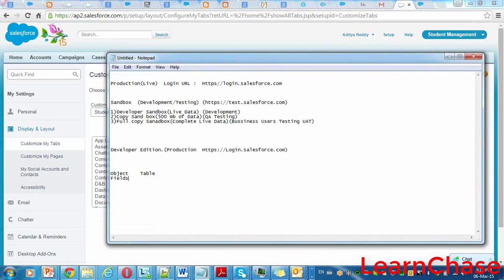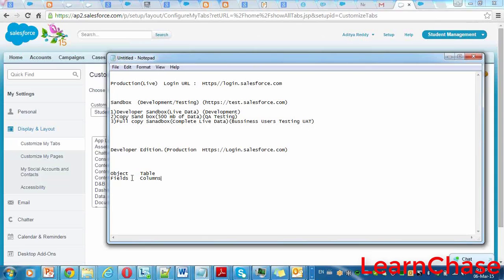Fields in the object mean the columns of the table. I want to store some information of students. In regular applications we create a database for the student, storing that information as a table and columns. Now what we need to do here in Salesforce is create an object and create fields for their specifications. Are you clear with this terminology? Yep, I know.